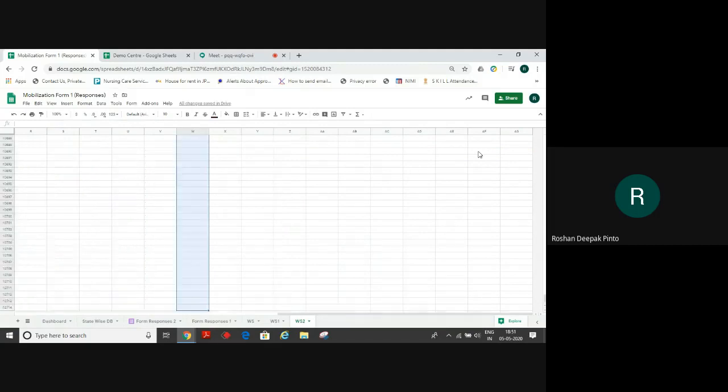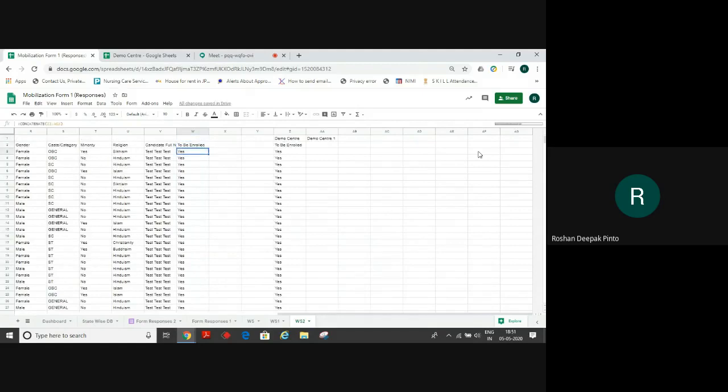And I will drag it till the end so that automatically whenever there is a yes against those centers, because these same candidates will not go to the next center. The center's particular candidates will be with that center only. It will not get repeated in another center as per our logic that we have used. So now we know that whenever the center decides, okay, this candidate has to be enrolled, the yes will come here. So dear friends, now we have come to know which are the candidates to be enrolled into a batch.